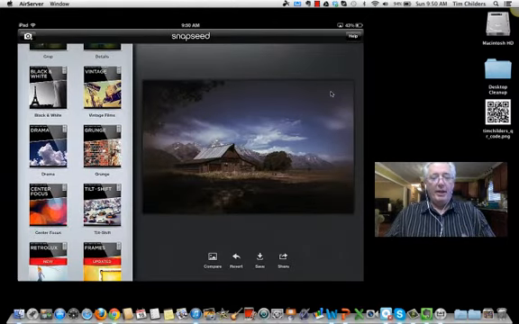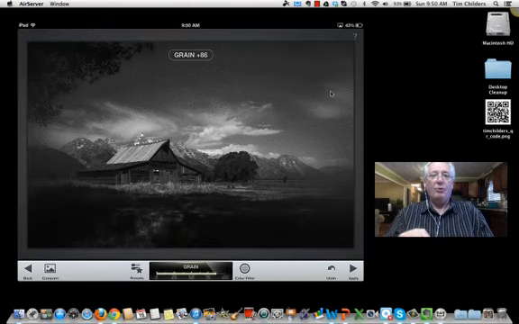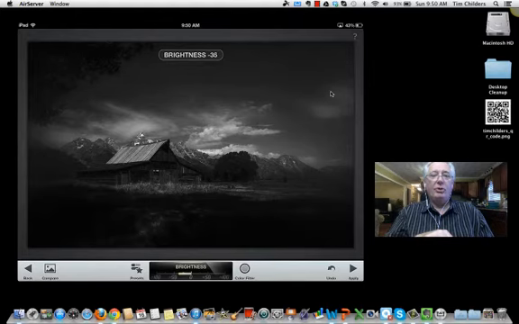And again, I have this menu, and with a black and white, sometimes we want it to get that old feeling, so we might add some grain, and we can really blow it out with some grain. I'm just going to add a little bit. And again, I have brightness here. I could really bring it up, or I could bring it down and make it kind of dark. And I'm actually going to darken it down quite a bit here